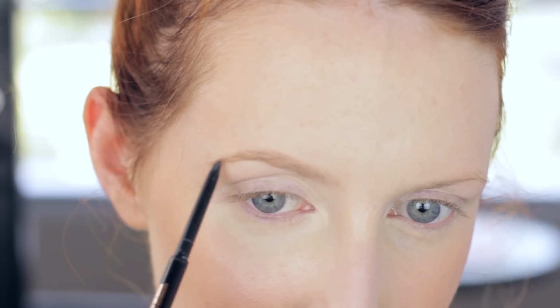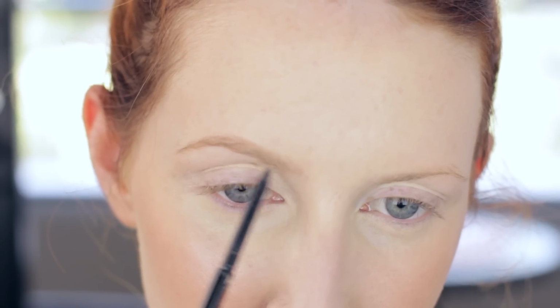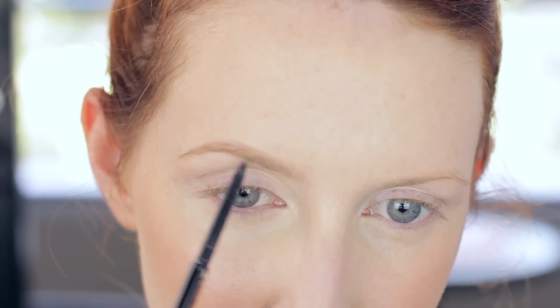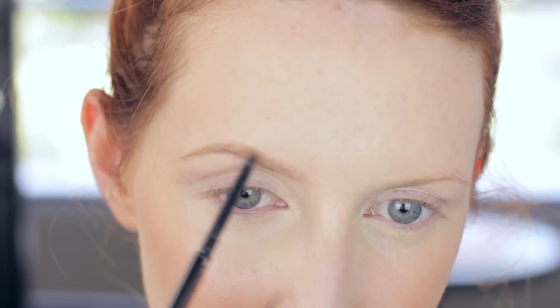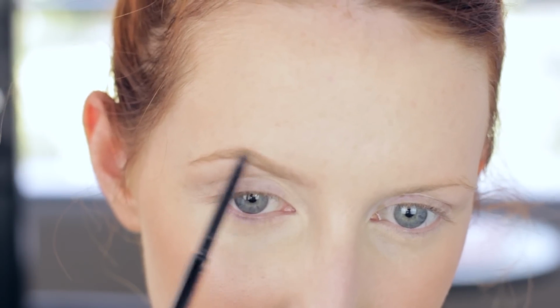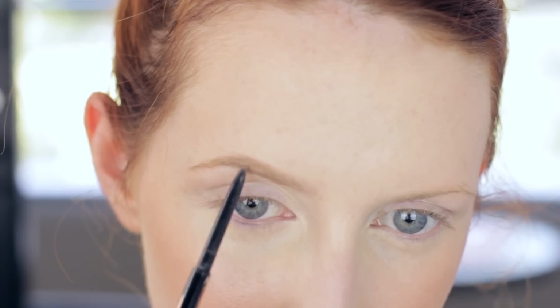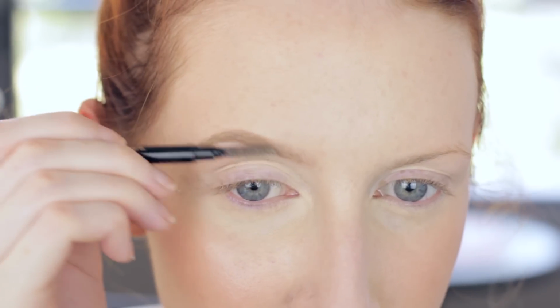That's where I need a lot of help in defining my eyebrows, and then coming in towards the inside corner or the inside half of the brow. I always prefer to have the outside half of the brow a little bit more defined and a little bit darker than the inside half. I just feel like it keeps the face nice and open. And don't forget to keep using your spoolie just to comb the product through your brows